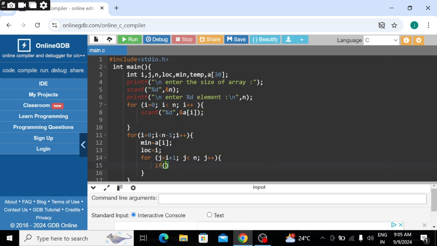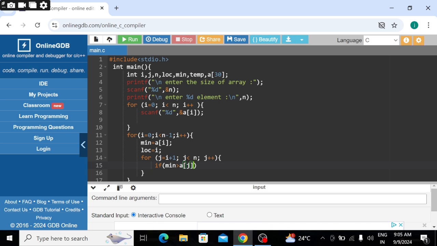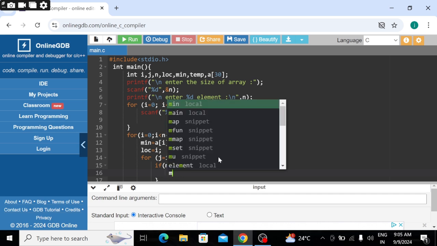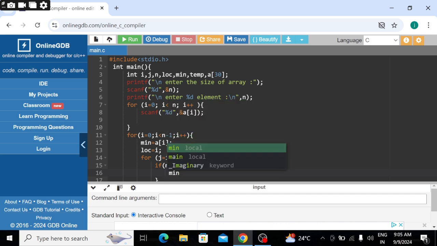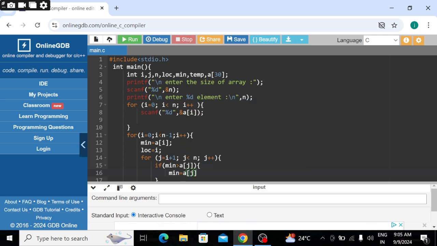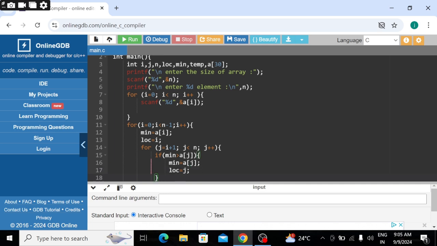After that we give an if statement. In the if statement we give the condition that the minimum element is greater than a[j], and after that min is equal to a[j], and loc, meaning location, is equal to j only.